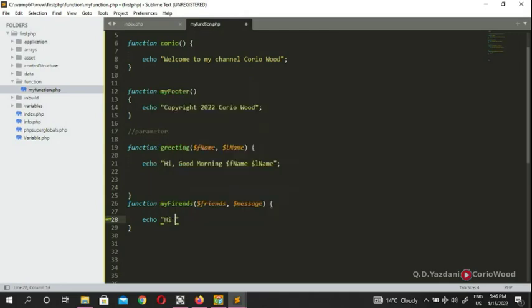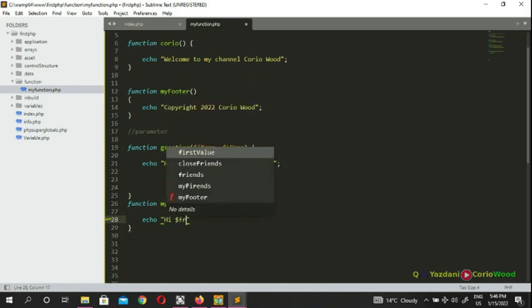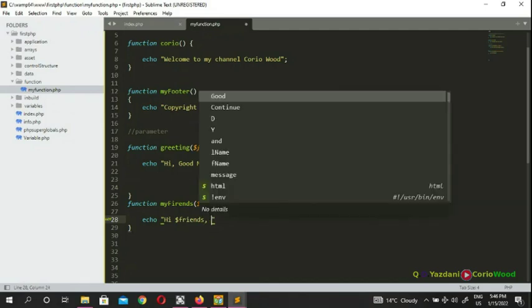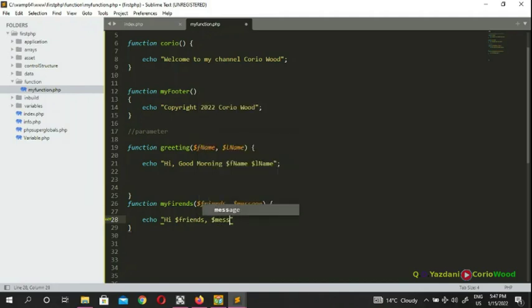You say hi to your friends, you put a template, friends, and then you type your message, whatever message you want. So PHP is going to get this one,